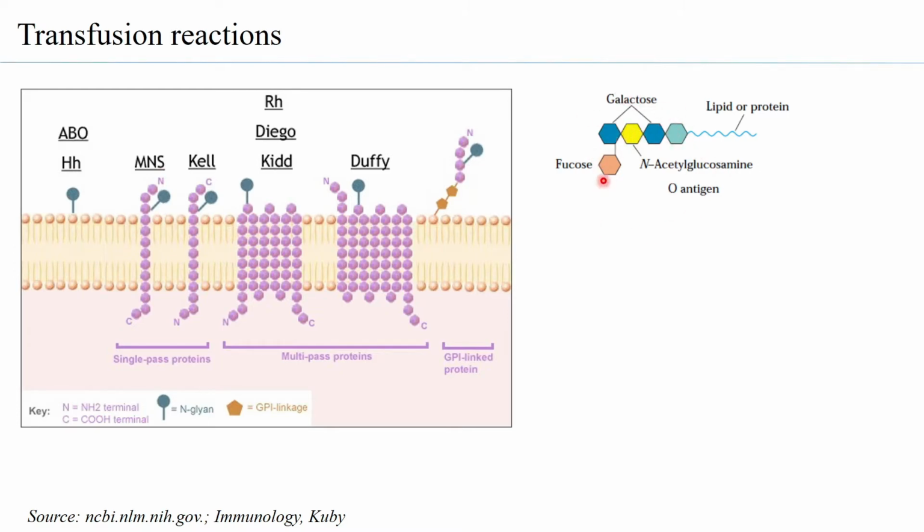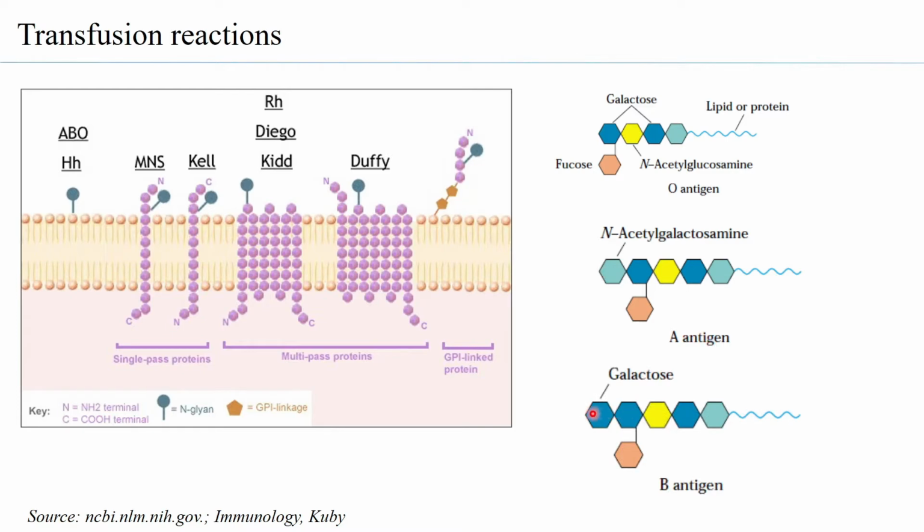So, for example, you have the fucose over here and you have two galactose present over here. This is the N-acetyl galactosamine. So, when you have this, then that is the O antigen. Now, suppose you have an extra N-acetyl galactosamine present, then that becomes the A antigen. And suppose you have, instead of N-acetyl galactosamine, a galactose being present, then that becomes the B antigen. So you can see H antigen is common in all of them, but other than that, the O itself is